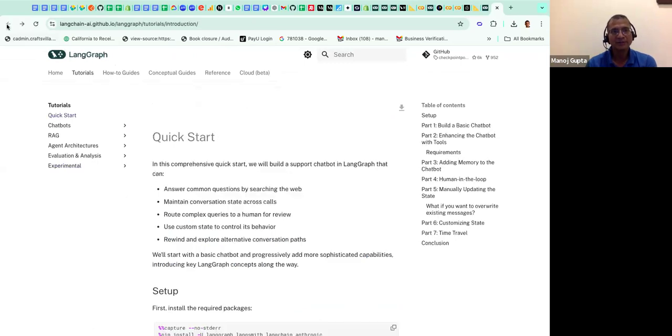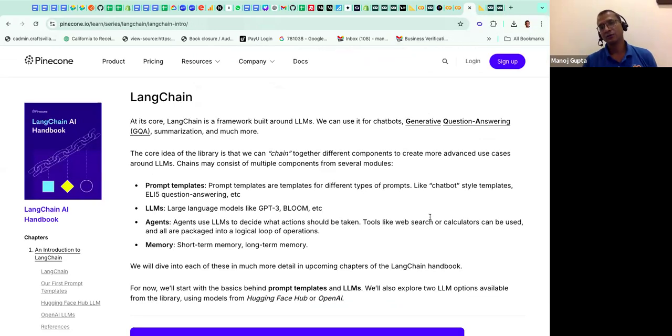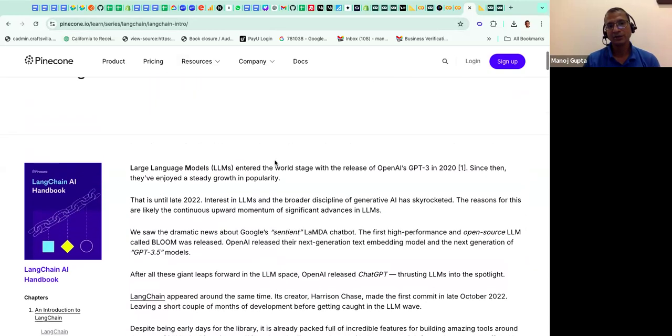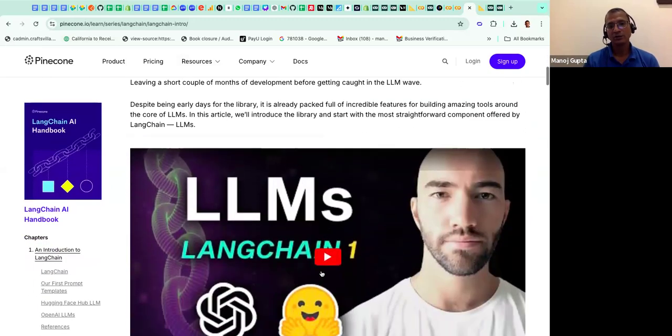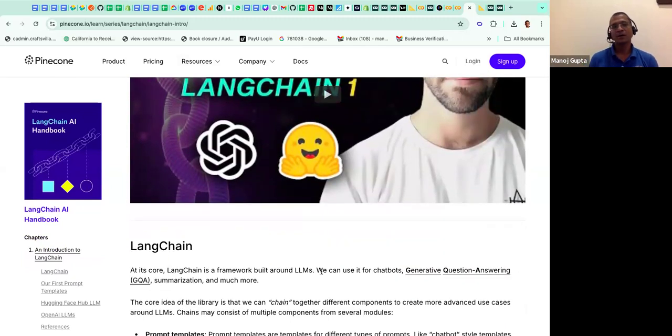And for LangChain itself, what I would do is go to Pinecone, because Pinecone has documented the whole LangChain concepts very, very well. Although Pinecone is a vector database, they have actually explained LangChain very beautifully. I'll share this with you again. You should look at it if you're looking to develop an application. LangChain is not a bad idea to start with, because with LangChain, what you can do is